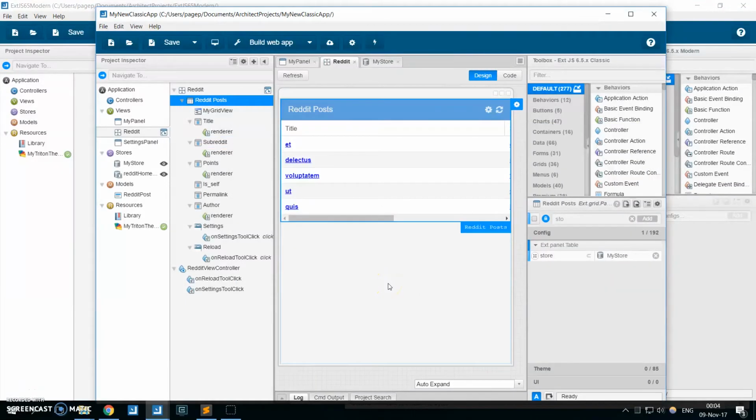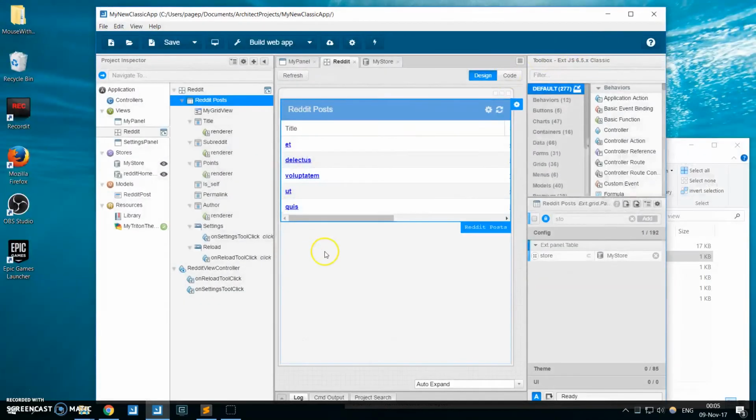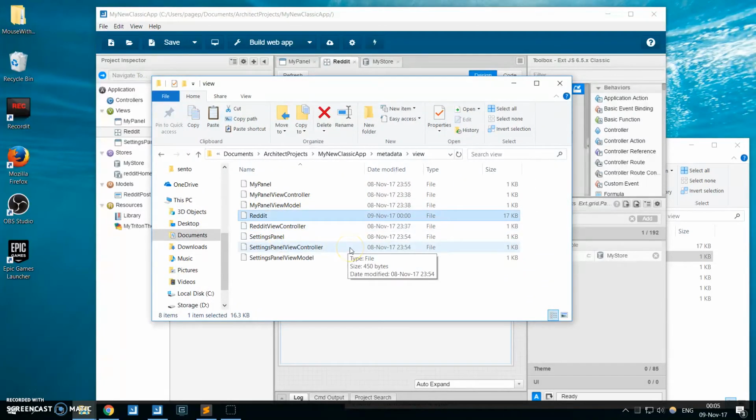Okay, so let me show you one more thing. Let's take this grid, this Reddit post grid, and let's put it into modern project. So I have prepared a blank modern project in here. Let me close it, and we will take this grid and put it in there. So let me show you what all we could do. So yeah, we could take this file, this view controller,